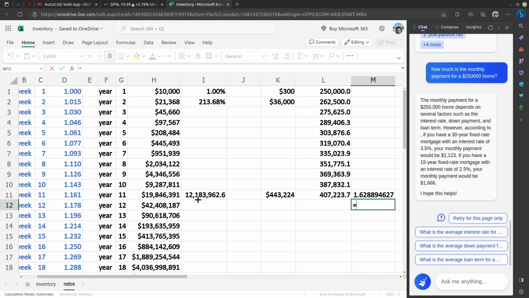Enough to retire. And you're starting with 10,000 bucks. The bank is not gonna lend you 10,000 bucks. Actually, if you don't open